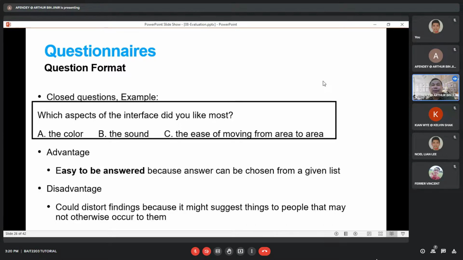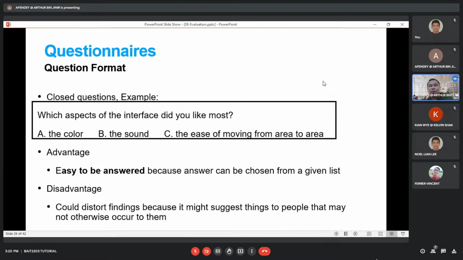We only give them 3 or 4 straight answers. Okay, and then maybe the option that we give in the questionnaire is not suitable, or might not be applicable to the user who fills out the questionnaire. So this one we need to see, and then sometimes in the questionnaire, when we use the closed question,